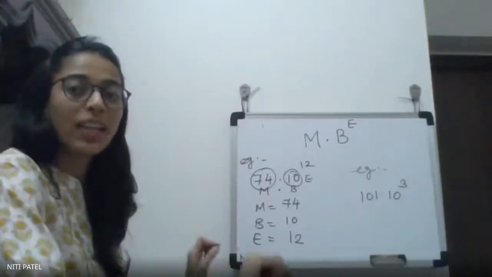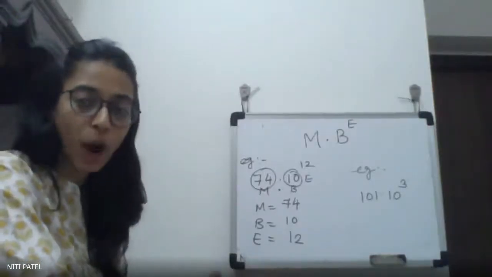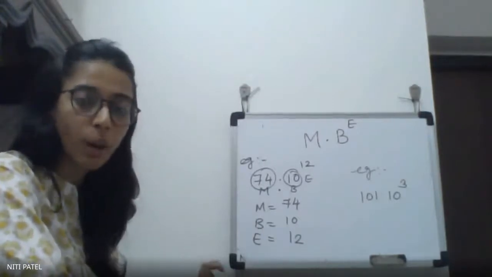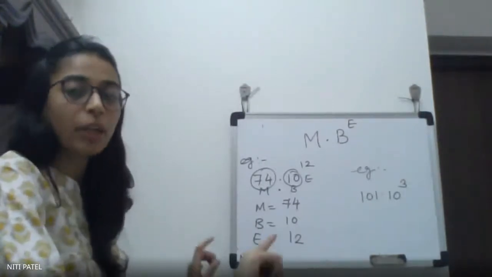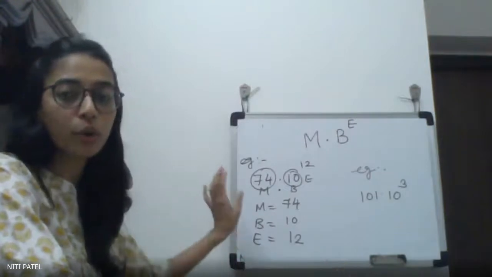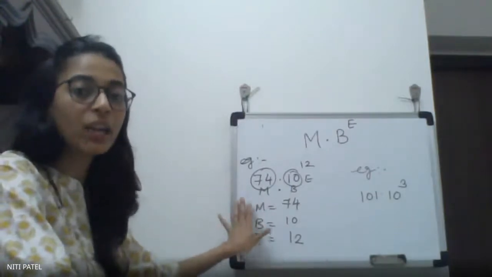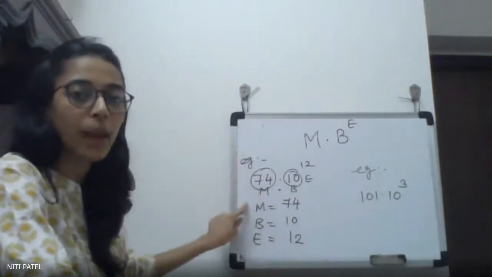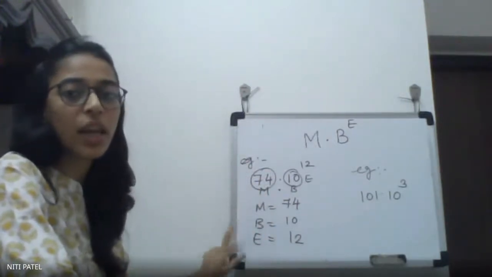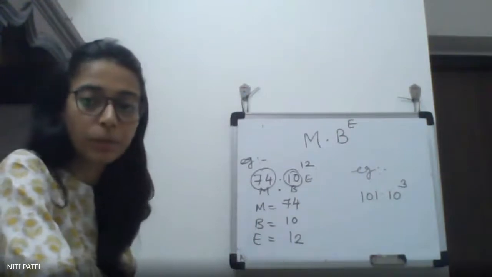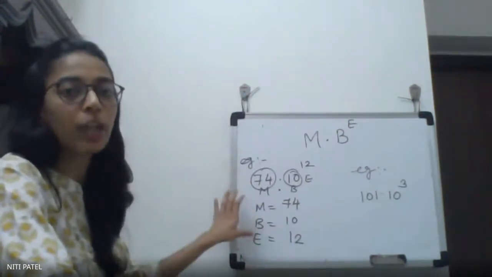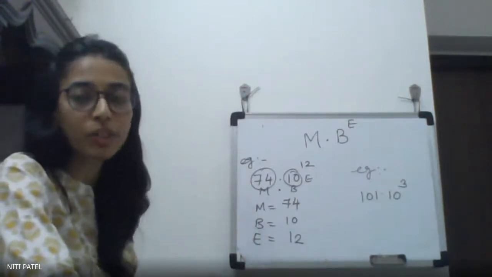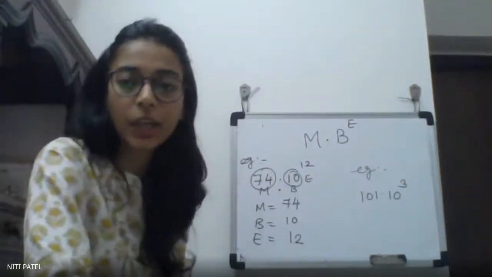I repeat again, you will get questions on fixed point, that is 1's complement, 2's complement and sign magnitude, but you will get only theory questions on floating point where you have to tell what is the formula and you have to give an example and identify what is mantissa, what is base and what is exponent. Understood? And more on floating point will be covered in the last topic of this chapter. Is this clear up till here?